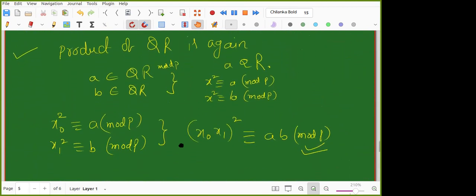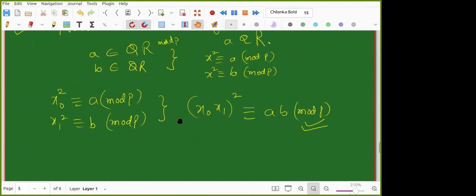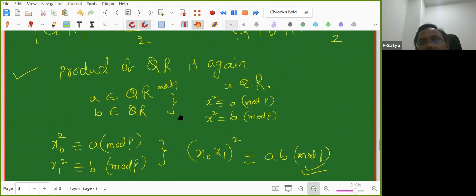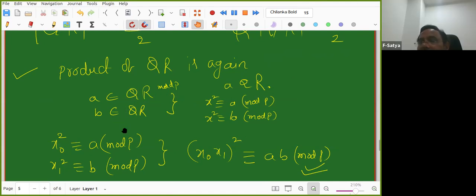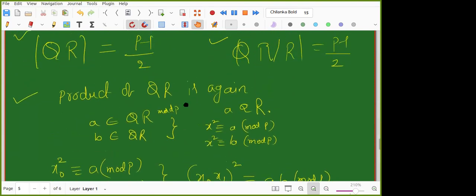He's looking at P equal to 7. Is it cyclic? Which one is cyclic? The QR. First of all, before cyclic, it must be a group. That's what you need to ask, right? The set of all quadratic residues forms a group. But in that respect, you already proved something. You proved that it is closed under multiplication. That much you proved. But you have not proved that inverses exist.